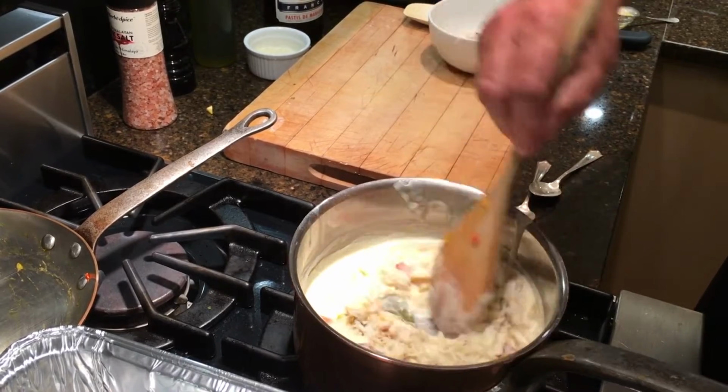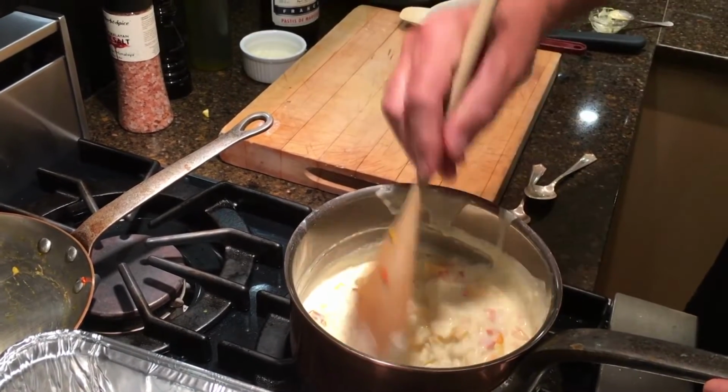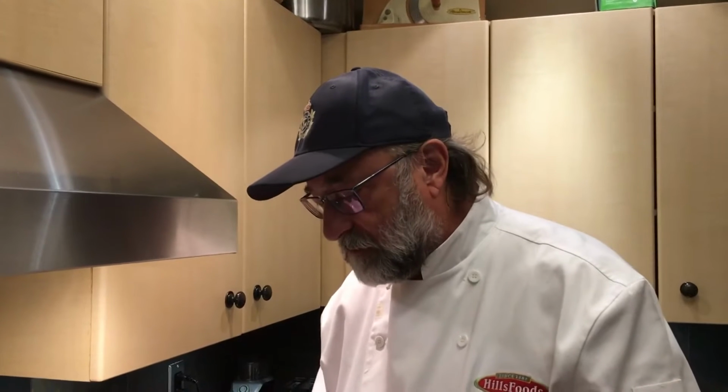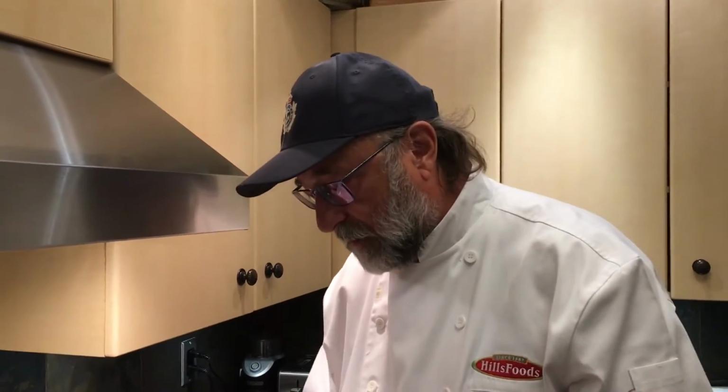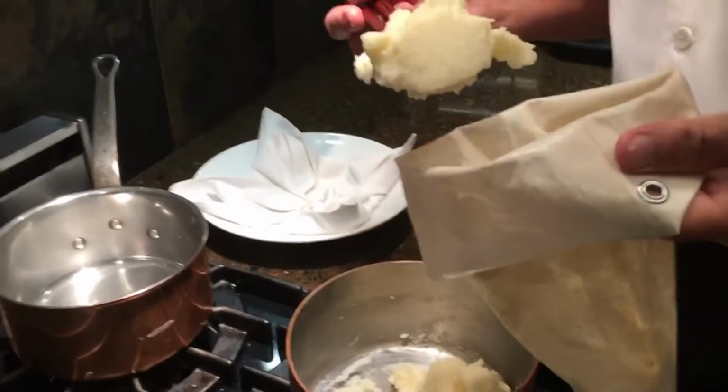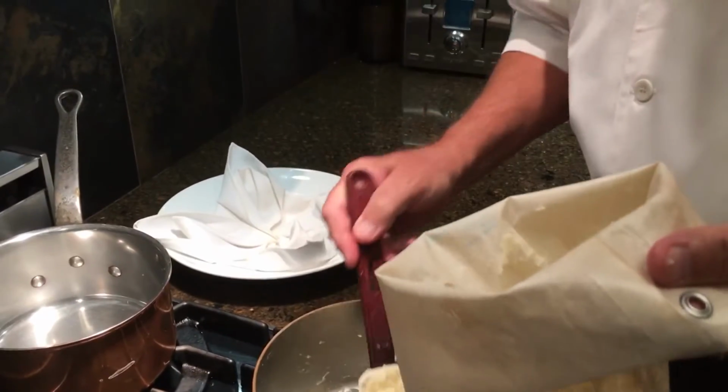Now, look at that. Oh my, that looks delightful. We're going to take some lovely mashed potato. I've seasoned it up with a little salt and pepper, a little lemon, and some nutmeg. Makes a really nice flavor, the lemon contrasting with the crab. So I'm putting mashed potato into a piping bag,